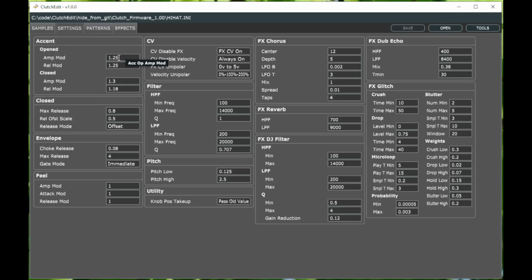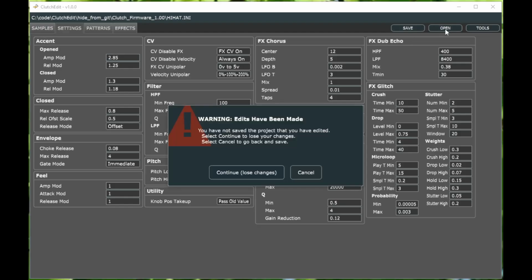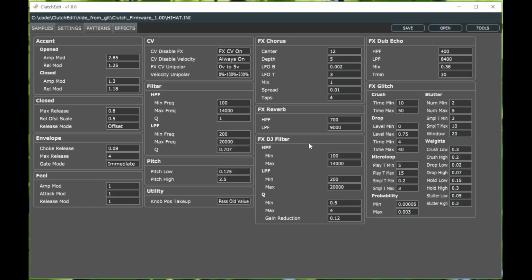In a similar way, if we make changes and we forget to save them, we'll be warned about it. So we'll change a value here, and we'll go ahead and try to open another file. But when we do that, we're warned. You can continue, meaning you're going to go to the open dialog and you'll lose your changes, or you can cancel and go back and save. So that's a great feature. So that's about it. It's super straightforward. The content on the SD card is really straightforward, so this gives us just a much safer and robust way